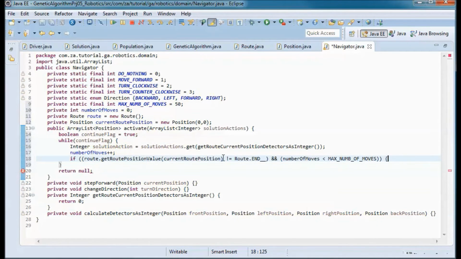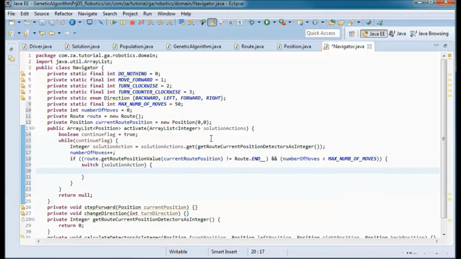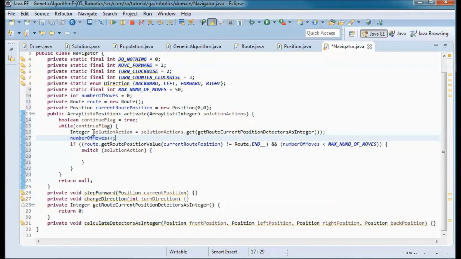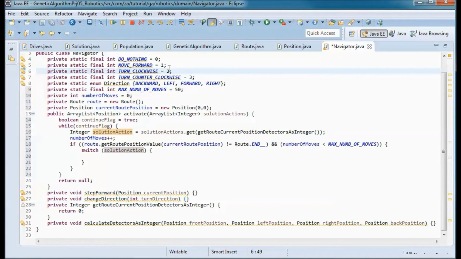So if we are not at the end of the route, and if we haven't exceeded the maximum number of moves, then we do a switch statement on the solution action, and this can be one of those four things: a do nothing, move forward, turn clockwise, and turn counterclockwise.